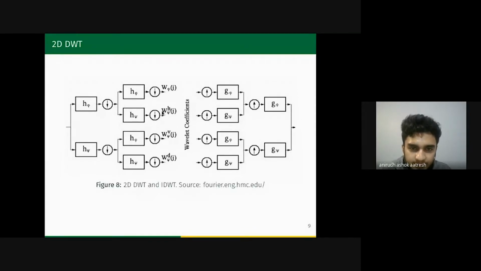We need to make these coefficients sparse before computing the inverse discrete wavelet transform and obtaining an image whose wavelet coefficients are sparser. That would correspond to a denoised image. So that is the basic process of denoising the image.